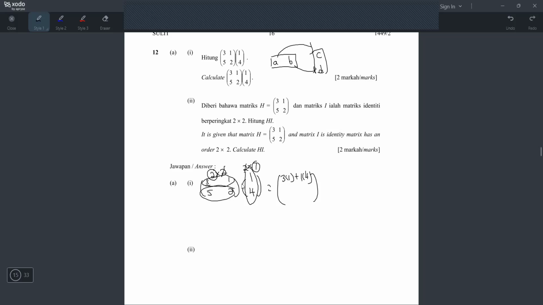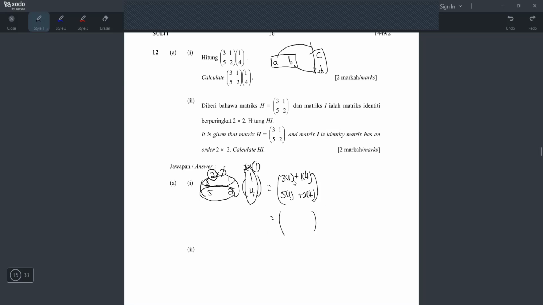Okay, next. Horizontal times vertical. 5 times 1, 2 times 4. Let's write. 5 times 1, 2 times 4. And then tengah-tengah plus. Okay. Okay, why I write like this? Because I know it's 2 row, 1 column. Okay, that's why when you write, it's very important to write the order. Because if you tak tahu, you tak tulis order, you tak tahu jawapan dia macam ni or macam ni. Okay, so you might write at the wrong place, right? That's why it's important to write the order.